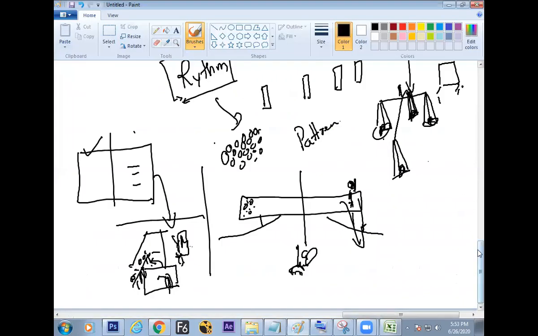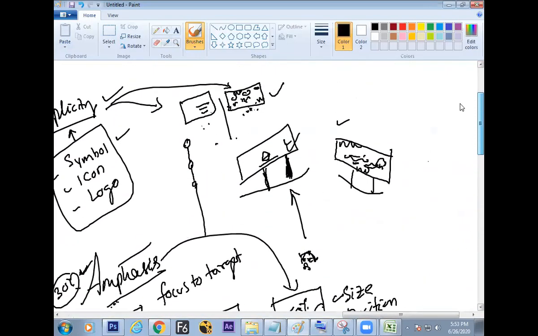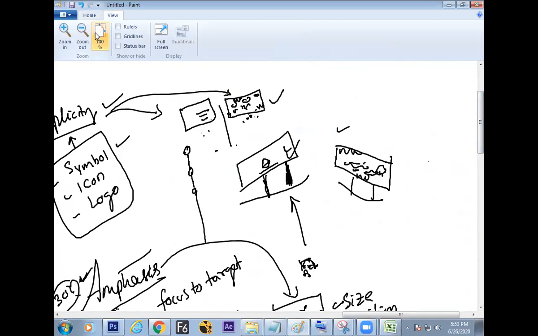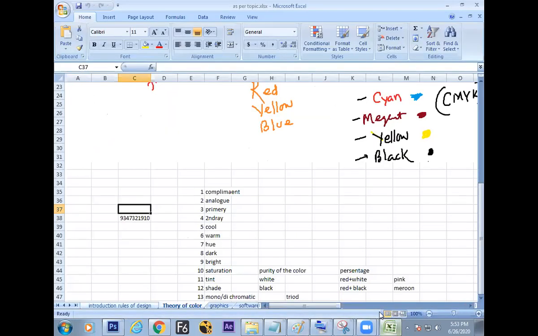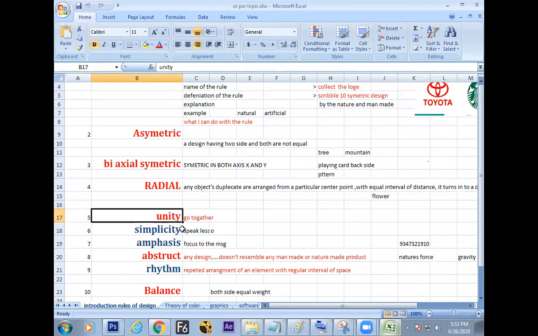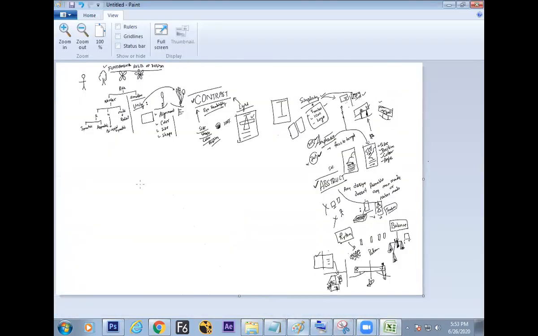It is a very scribble format, just to note down the size. I've written randomly somewhere on the screen, but I'll provide you this Excel sheet, but still you make your own Excel ready. And tomorrow's topic will be color theory.